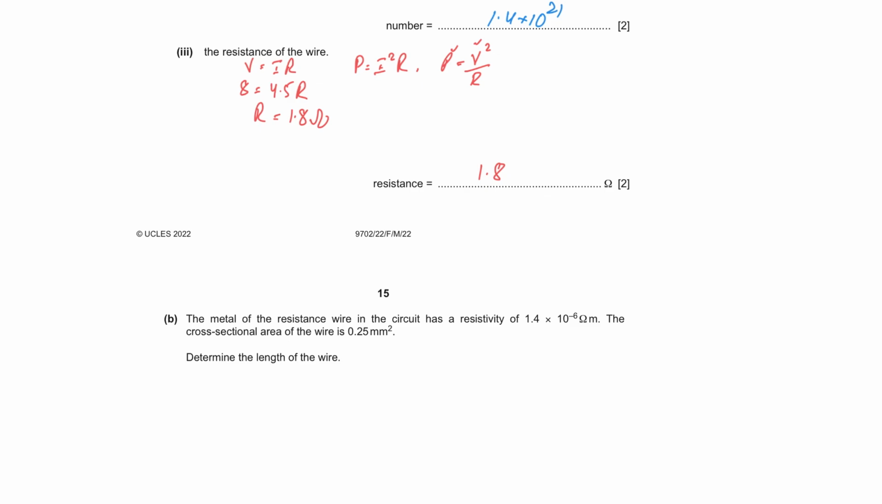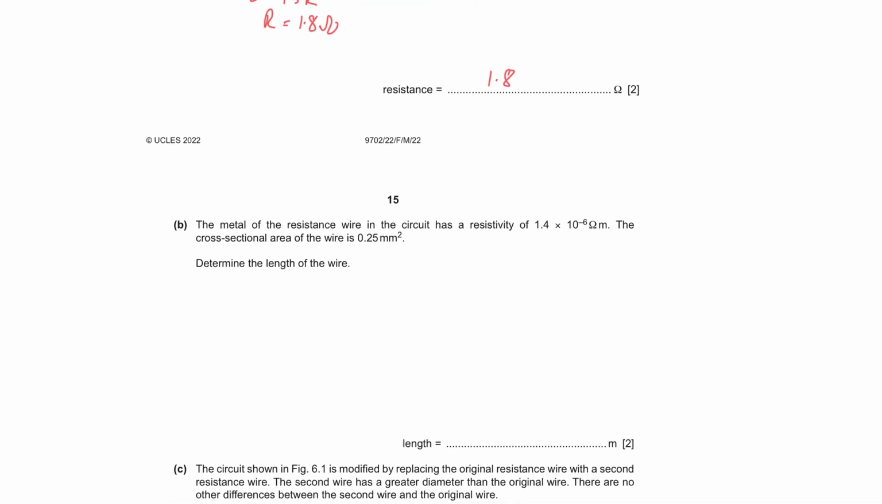Part B says, the metal of the resistance wire in the circuit has a resistivity of 1.4 into 10 to the power minus 6 ohm meter. The cross-sectional area of the wire is 0.25 millimeter squared. Determine the length of the wire. The formula of resistance, including resistivity, is R is equals to rho, where rho is the resistivity, L the length, upon the cross-sectional area